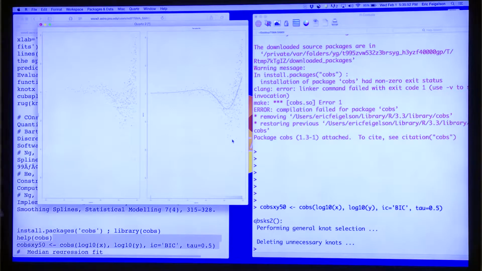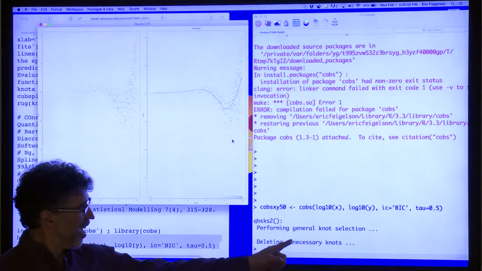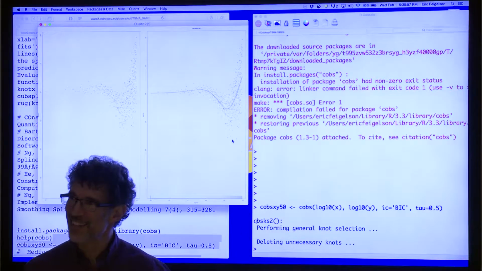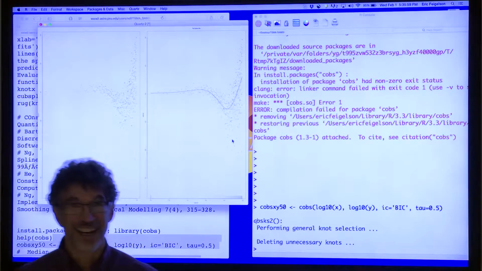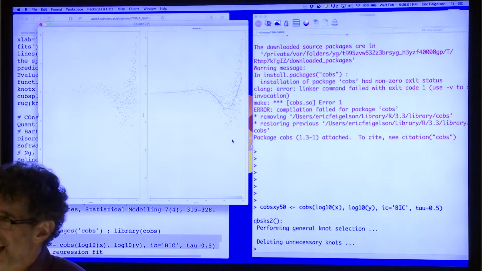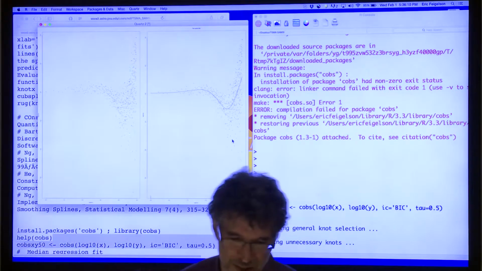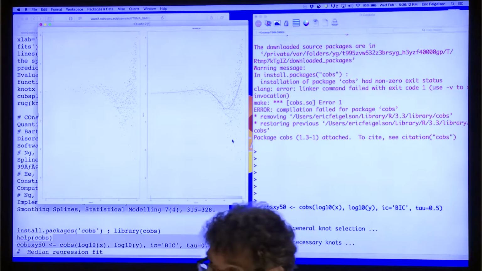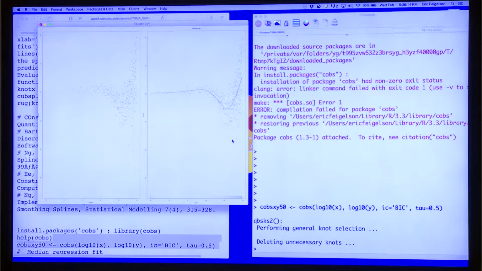Okay. Then look at this, deleting unnecessary knots. That satisfies me. I don't like 124 extra knots. So it's deleting them, and it's using a likelihood criterion. I forgot, AIC or something like this. I'm not a statistician. I'd have to read the articles and struggle through them and ask Yogesh advice. And I just don't have the energy for that or the skill. But I mean, this is a real method by real statisticians today